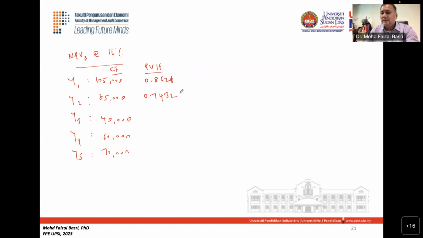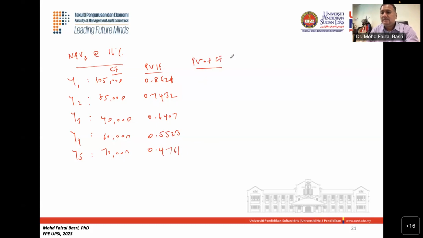And 1 divided by 1.16 to the power of 3, 0.6407. 1 divided by 1.16 to the power of 4 is 0.5523. And 1.16 to the power of 5, 0.4761. So present value of cash flow